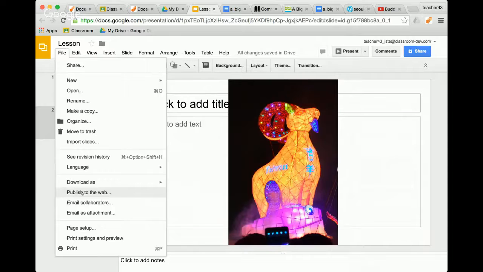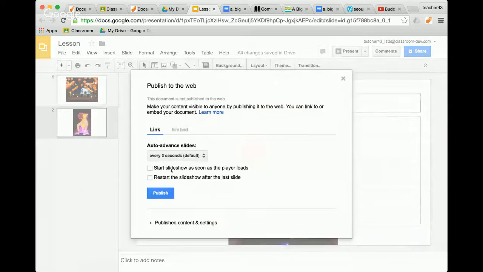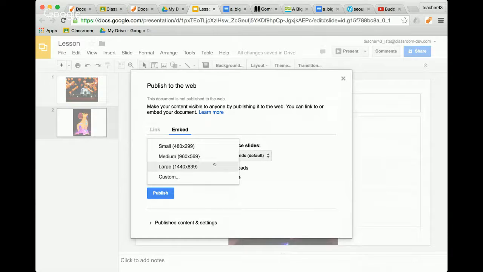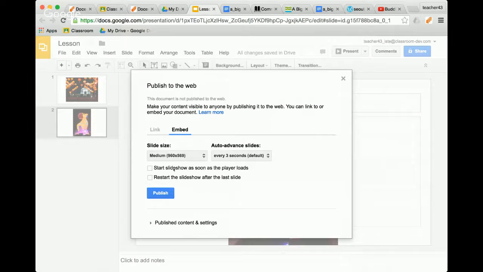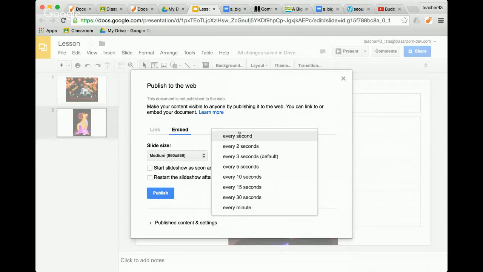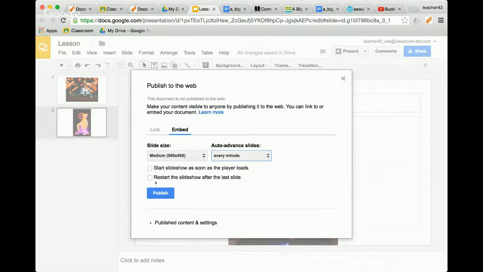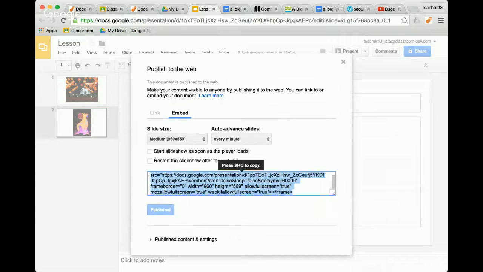of clicking on File and then Publish to the Web. We're going to click on Embed, and then here you can change some of the different settings, whether it's going to be small, medium, or large. We're going to leave it as medium, and then for the auto-advance, I'm just going to do every minute, so it's not real quick. And then there we go. So we're going to do Publish now. Yes, we want to, and it's going to give you this embed code. So I'm just going to copy that code